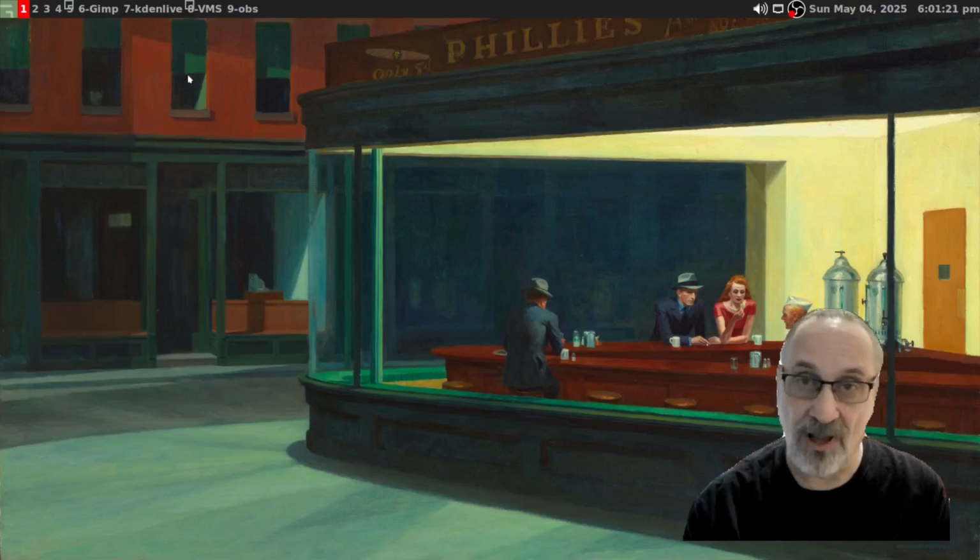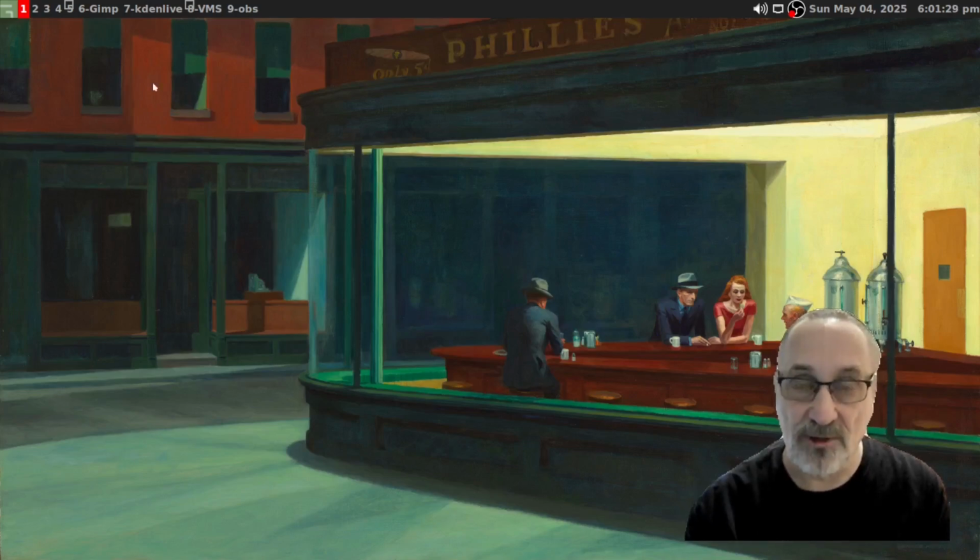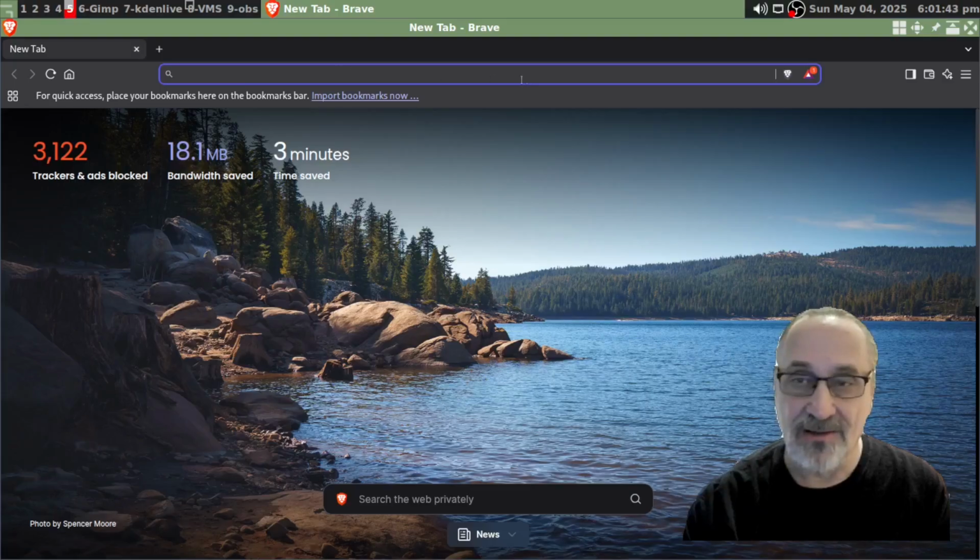First of all, I'm in Arch Linux with the awesome window manager. And I'm going to open up a web browser, and I'm going to take you to the site where Derek Taylor has his ISOs. So on Workspace 5, I already have a web browser open. And this is my web browser. This is the